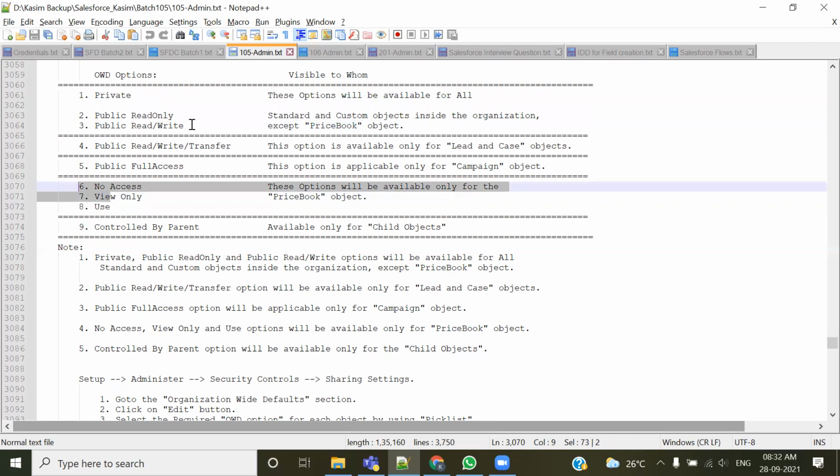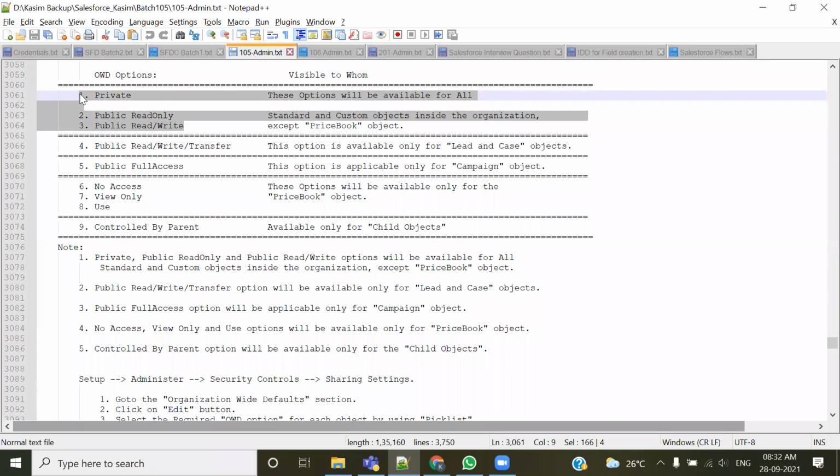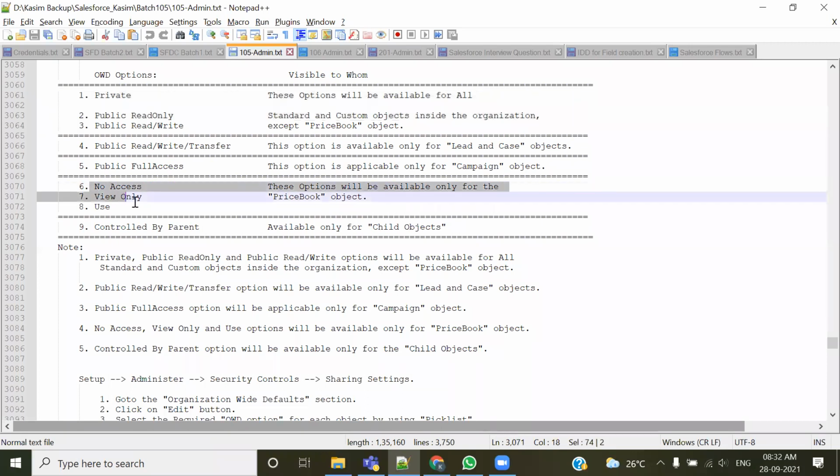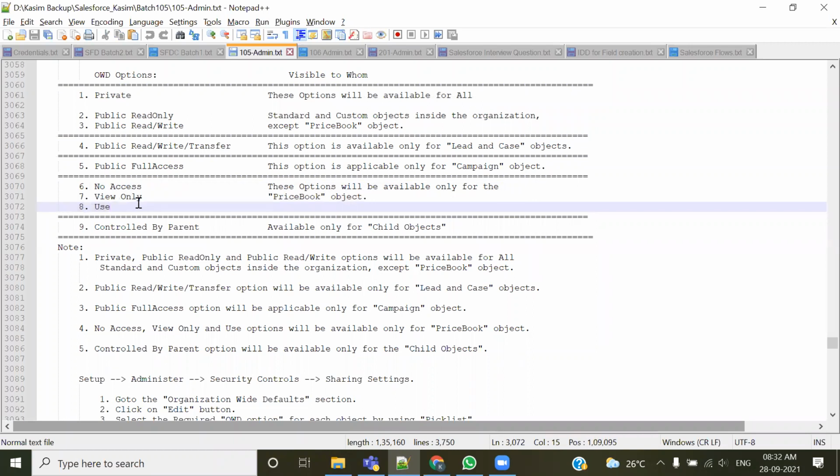So there are three options that are available to everybody, but they are not available to Price Book. And certainly Price Book has three options that are available only to Price Book. No one else has that facility. What is that? No access, view only, and use. These three options are only available. Right? And then, apart from this, everything